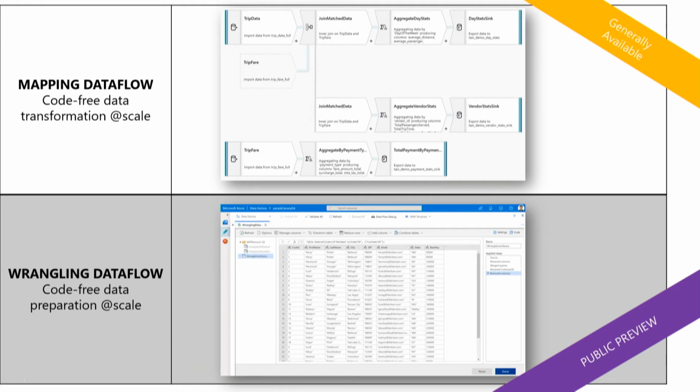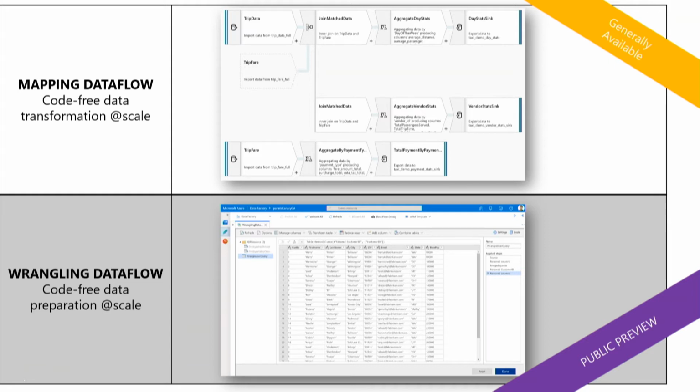Mapping data flow is something that data engineers use to do non-schema to non-schema transformation. So it's a drag and drop, completely visual style. So it doesn't require your data engineers to learn Spark coding. And then at runtime, all this transformation logic is run on top of a big data Spark cluster, so super high